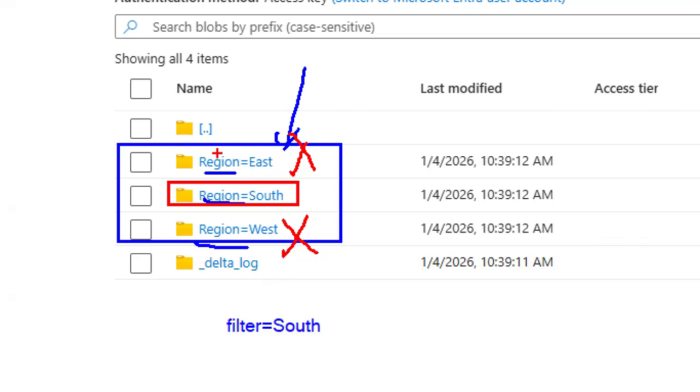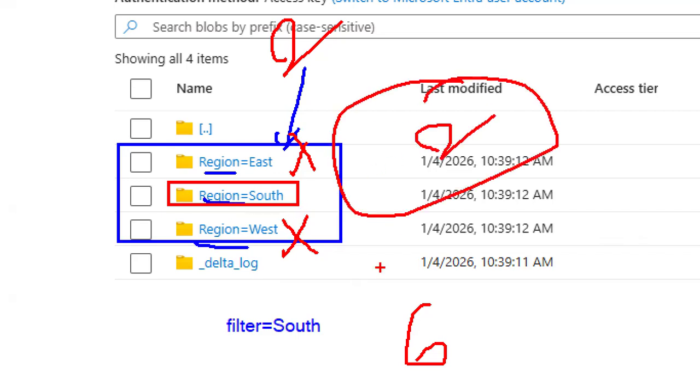So just imagine each partition takes 2 minutes. So total 6 minutes previously. Now if you read the data from this partition file, it is going to take only 2 minutes. Your cost is going to change. Your performance also will be improved. Do you agree with me? Please respond. Yes, sir. Yes.